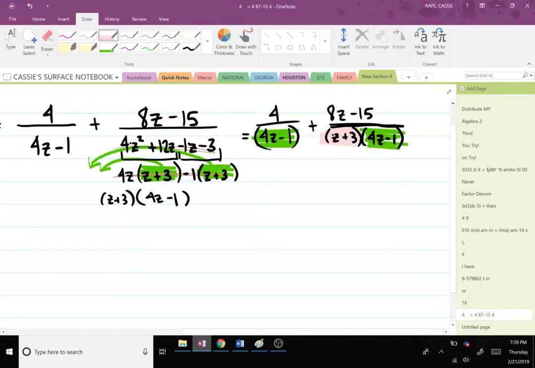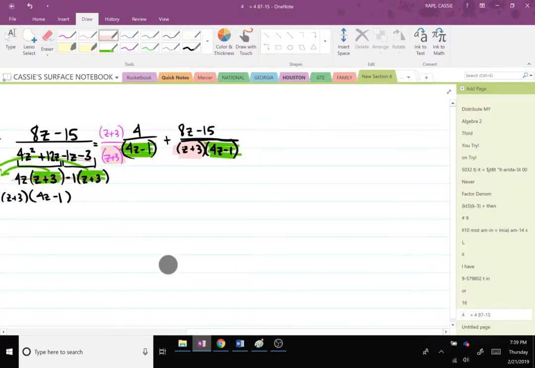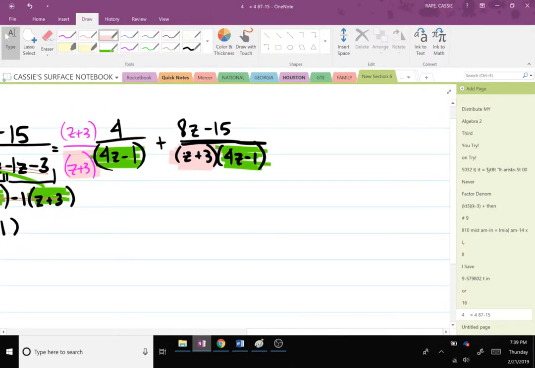Now then, I've got a z plus 3 on the right-hand side. Everybody has to have the same thing. And so what I've got to do is multiply on the left-hand side by z plus 3 over z plus 3, a complicated form of 1 because anything over itself is 1. But once I do that, now I do have a z plus 3 in that denominator. Scoot this over. So now, once you've done that, you know your common denominator. And it's going to be that z plus 3